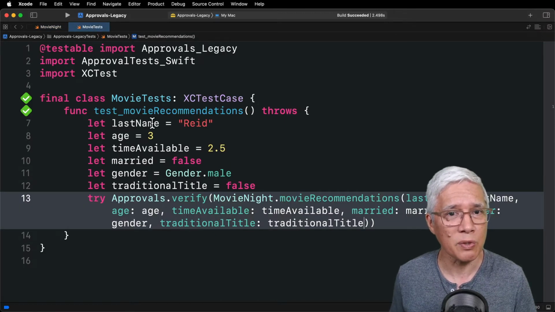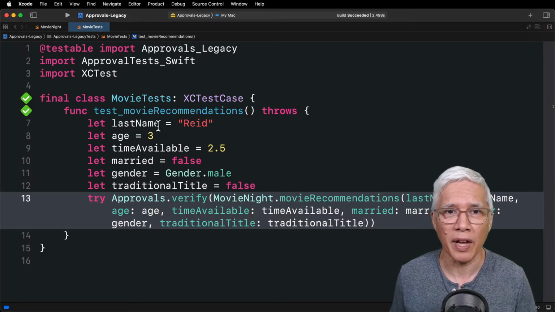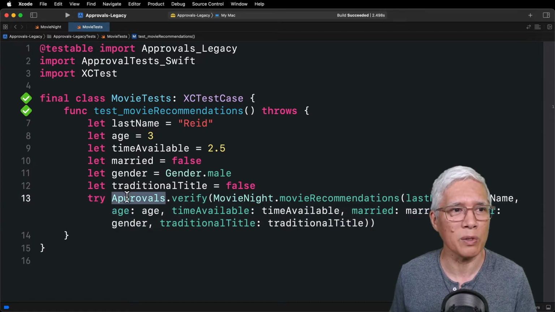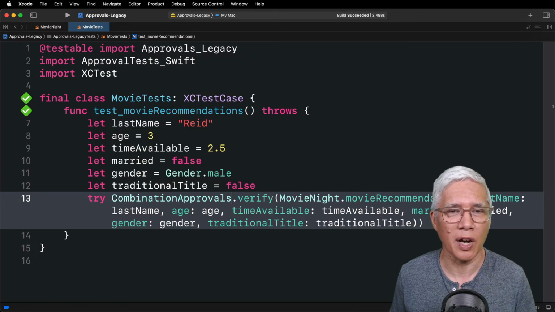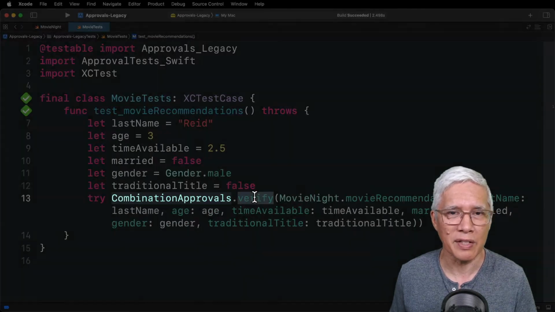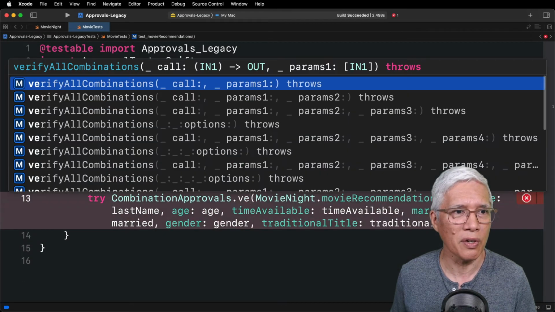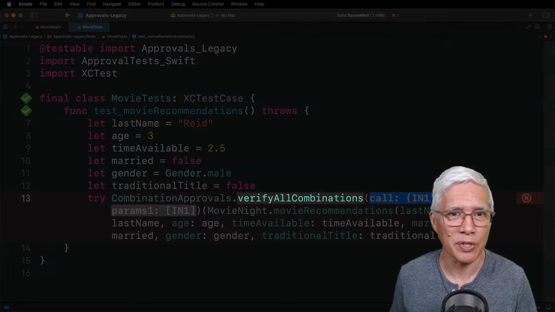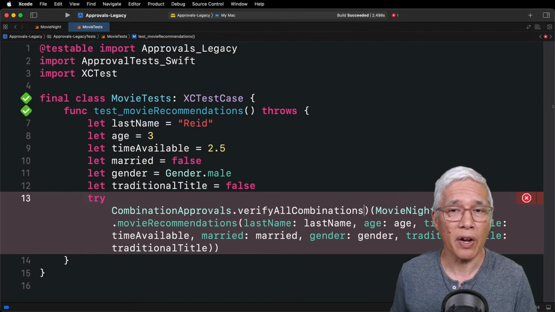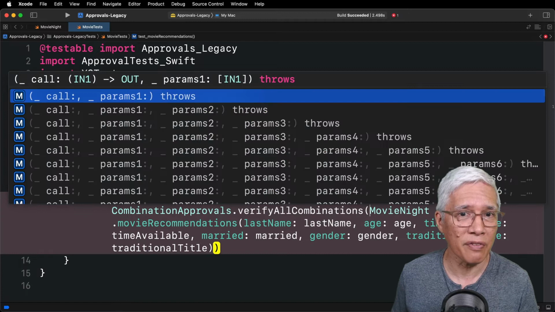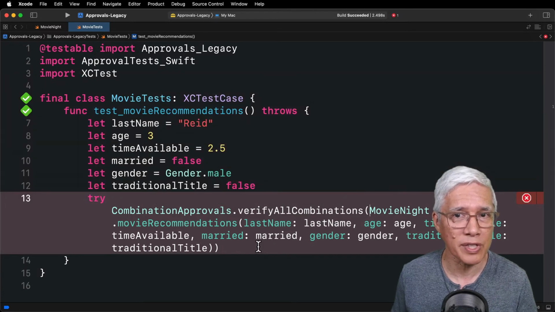I could just create more test methods like the one we have, but better yet, instead of using regular approvals, let's call combination approvals. And instead of verify, let's call verifyAllCombinations. For verifyAllCombinations, we pass a function and the parameters separately.